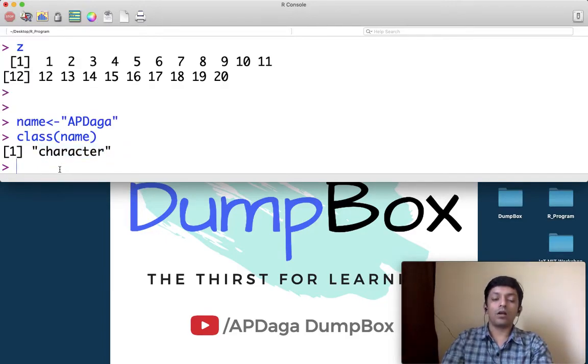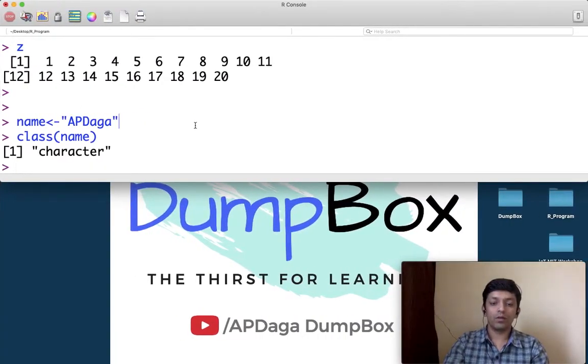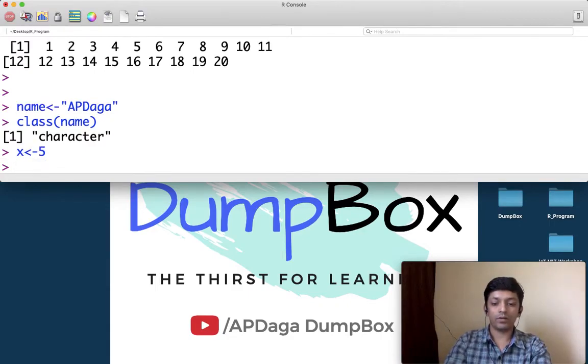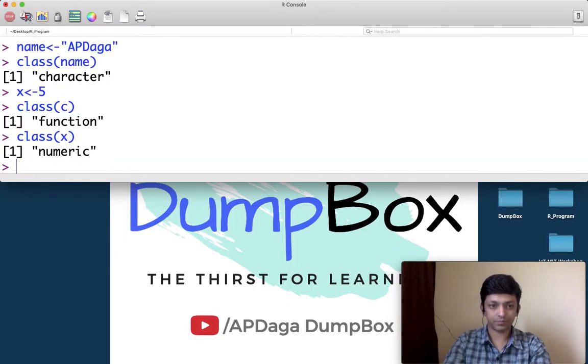Now there might be confusion in your mind, like what is the difference between numeric and integer. I'll show you. When I write x is equal to 5, and if I check the class of x, you can see it is numeric.